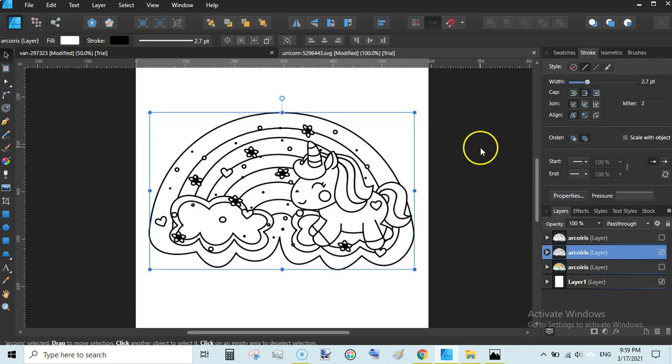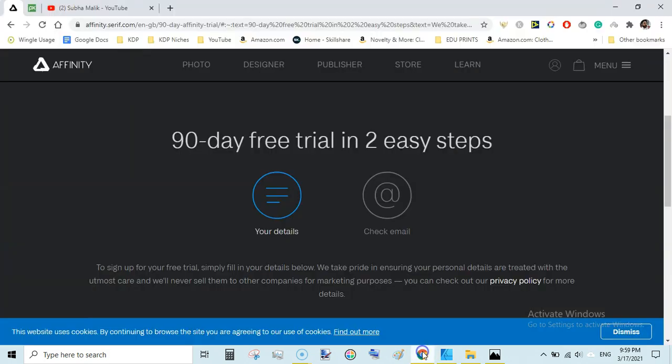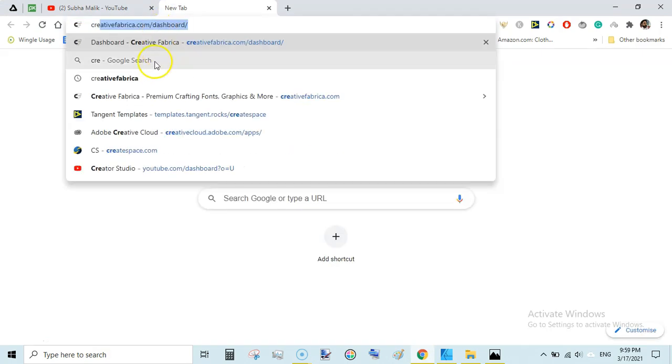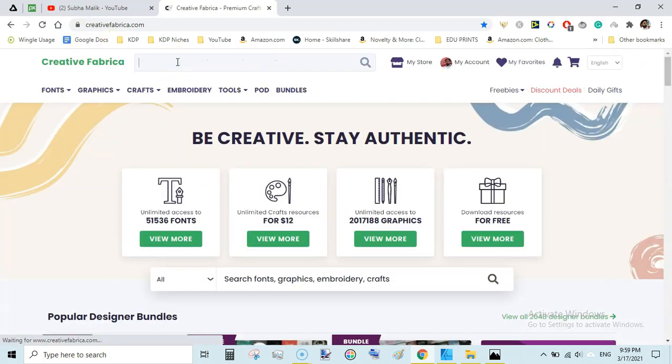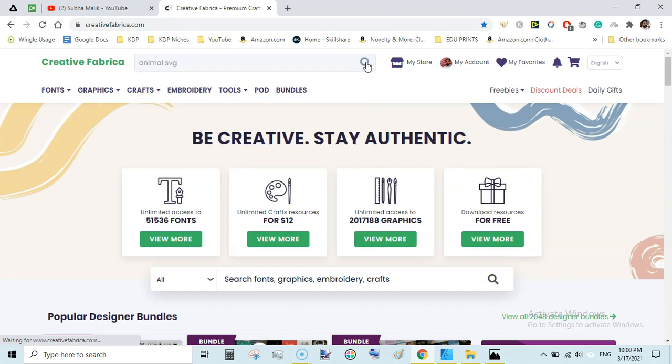This is points. So in this way you can turn an SVG file from Creative Fabrica or from Pixabay or from Pexels. You can also get these images from Creative Fabrica. You can go to creativefabrica.com, and from here you can type anything, like animal SVG, and you can download SVG, or you can also download EPS files.